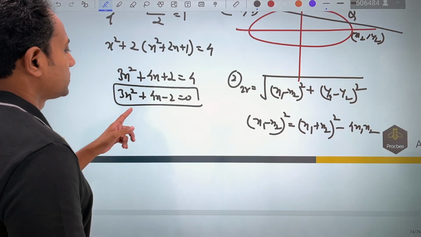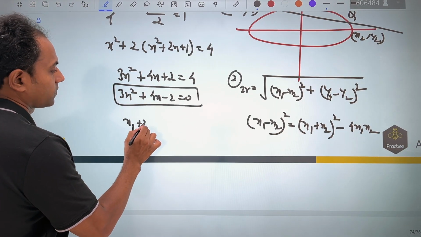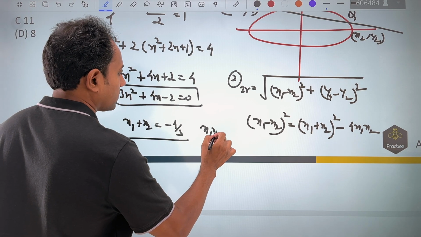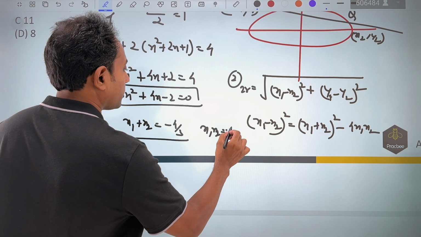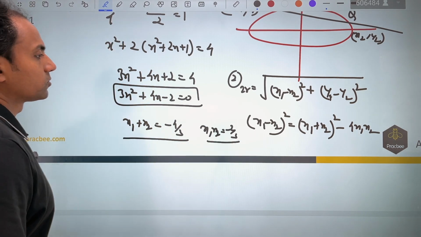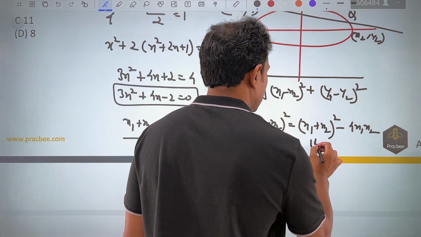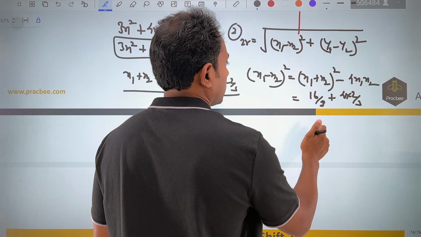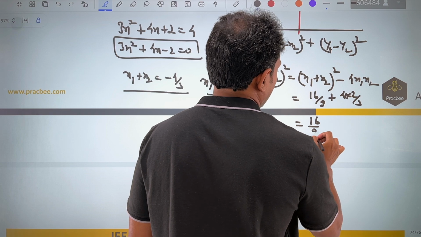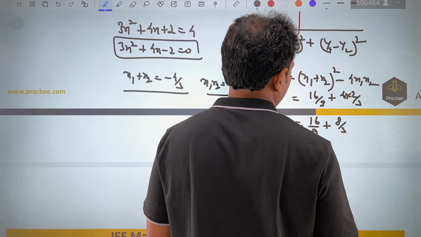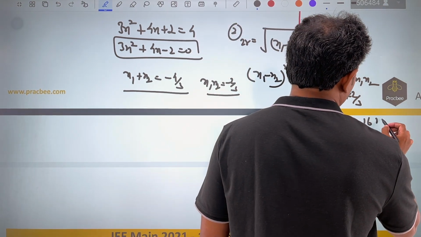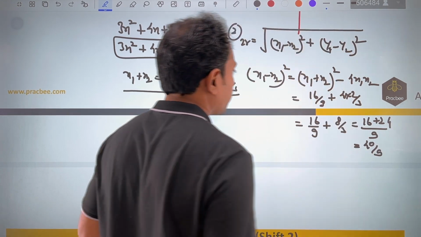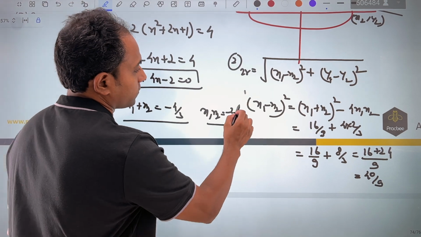If I write it like this, you can see that x1 plus x2 is equal to minus 4 by 3, and x1 x2 is nothing but minus 2 by 3. If you substitute these points, this will become 16 by 9, plus 4 into 2 by 3. So what we are getting is 16 by 9 plus 8 by 3, which is 24 by 9. The answer becomes 41. Now if you observe closely, we have written this x1 minus x2